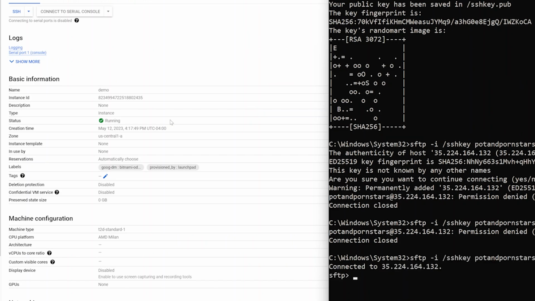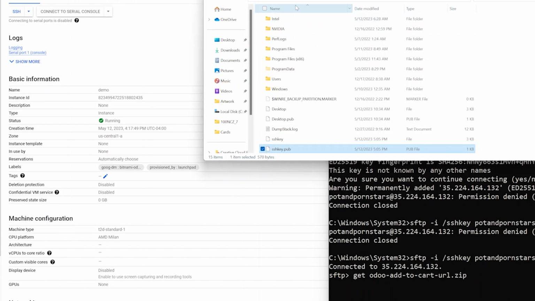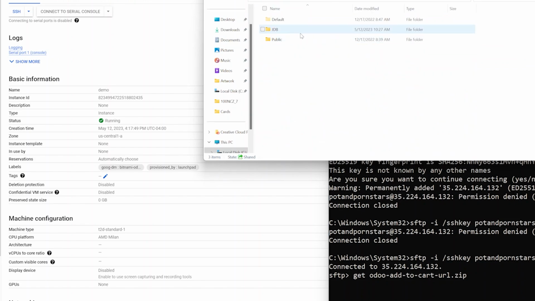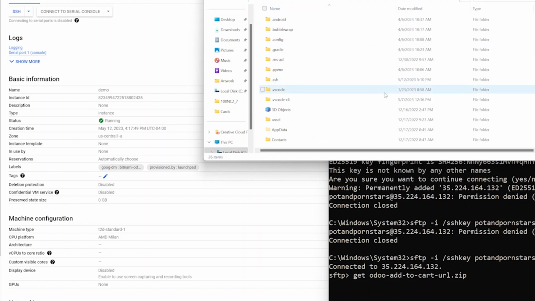And now we're connected. So once we get the connection protocol in place, all we have to do is get our file, and that will be Odoo add to cart url.zip, and we're going to copy that to our desktop, which is going to be located here for me,